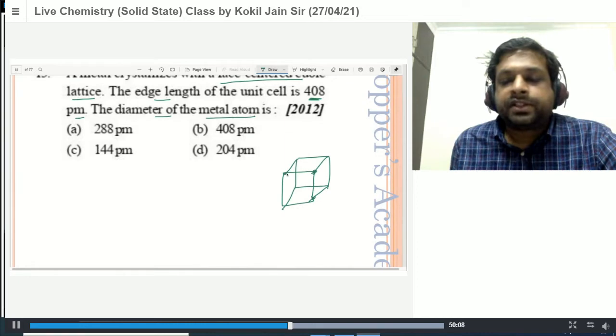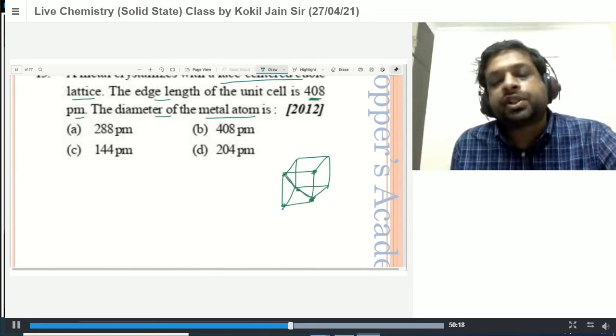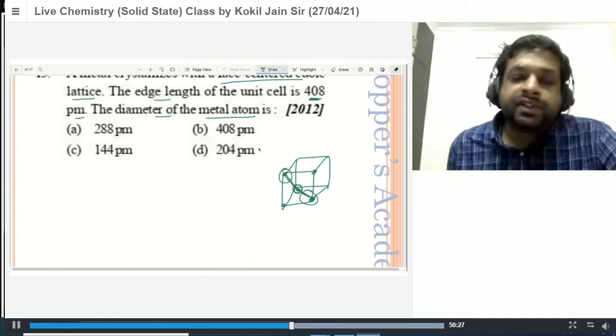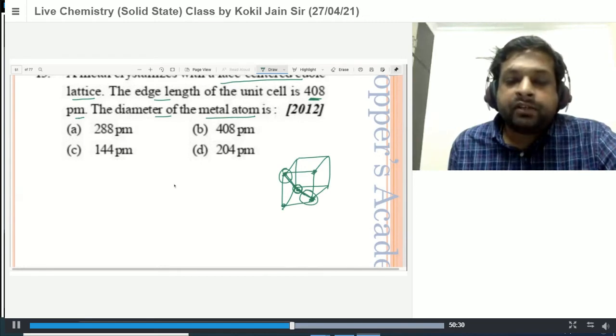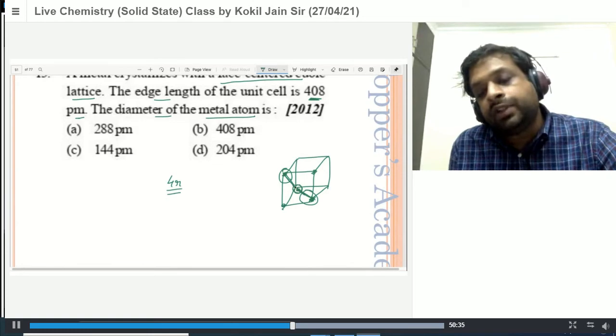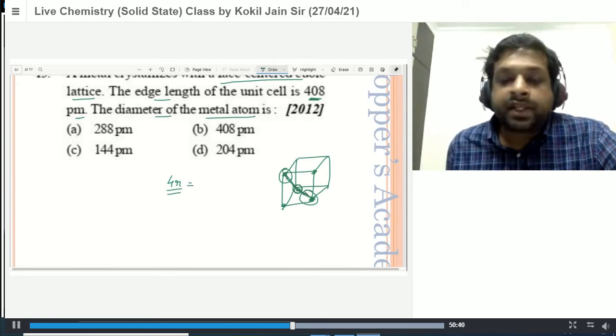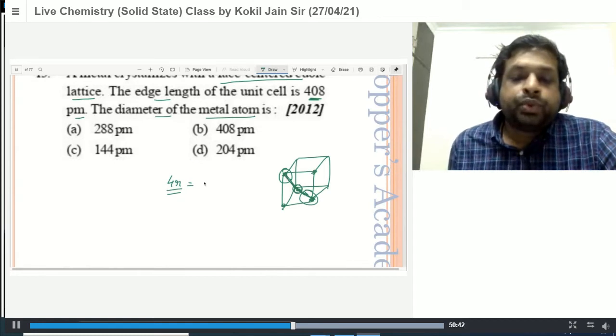This is, let's say, the front face. Now, these atoms are arranged across the face diagonals. These face diagonal atoms are touching each other. Let's see this if I try to draw. So these are touching each other. So across the face diagonal, the length is 4r, that is 2r of the central one, and r of each corner one, which would be equal to the length of the face diagonal, which is root 2 a.